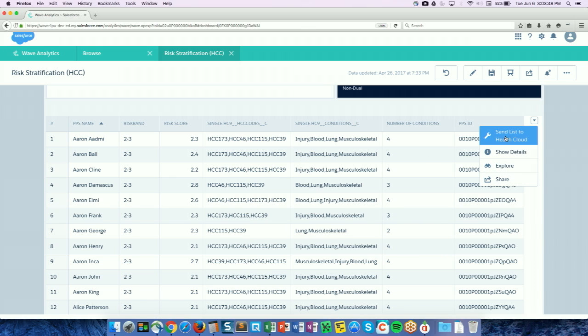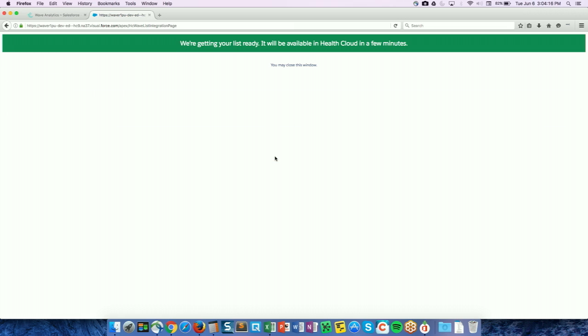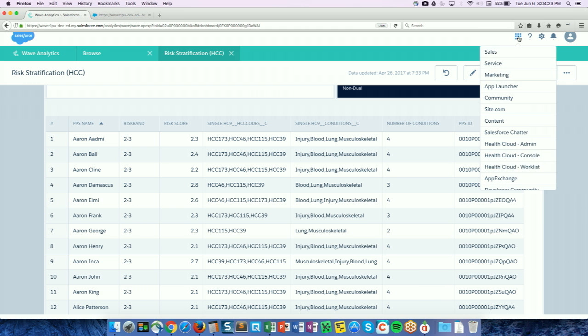What we added was a send list to Health Cloud capability. What this does, when I click there, is prompt for a new patient list to be created. I'm taking these patients who are identified in a risk category in Wave, and I'm moving them directly into Health Cloud. So now I've taken that list, and if I switch back into Health Cloud,